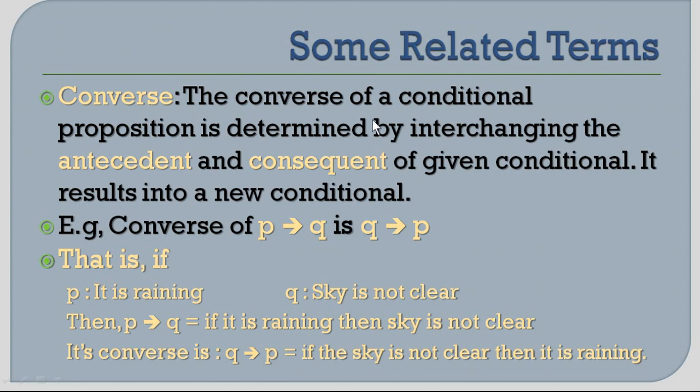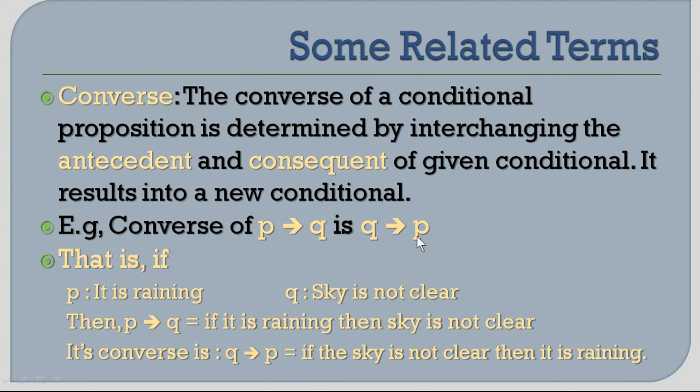Okay, that is why it is given in the question, right? You can see converse of the conditional proposition. So this operator is nothing but the conditional operator. You can say implies, you can say implication, right? So P implies Q is nothing but the converse of that is Q implies P. You are going to interchange. So P and Q, you are going to interchange it as Q and P, right?